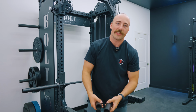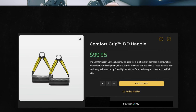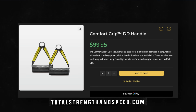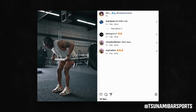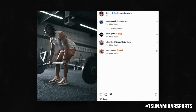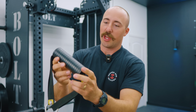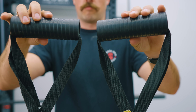Okay, next one is a very unique handle. These are from Williams Strength, or Strength and Speed. They've got multiple companies. Williams Strength has a sub company called Tsunami Bar. Tsunami Bar makes a bar, you've probably seen them on social, where they flex like crazy, like they bounce up and down. This uses that sort of technology, which basically it's just this weird rubber handle, and it's a big handle,